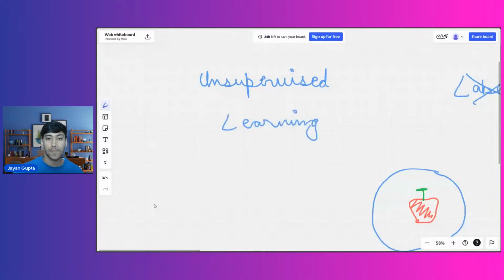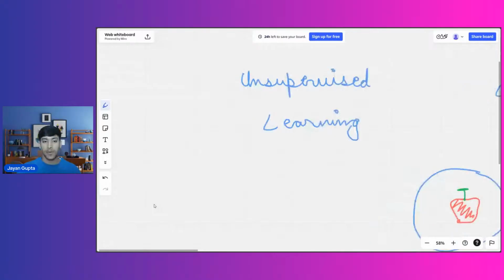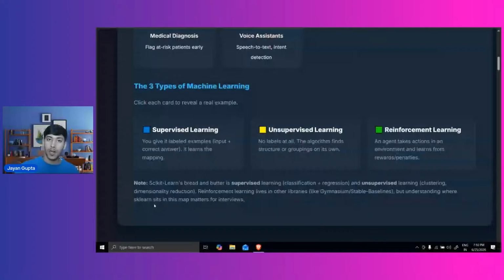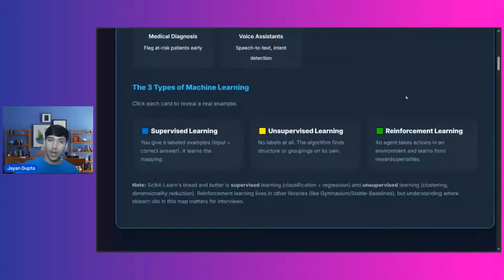Okay. I hope so. This must be very clear. Perfect. This is like the second type. The last type that we have is basically reinforcement learning. Now, reinforcement learning is basically based on the reward